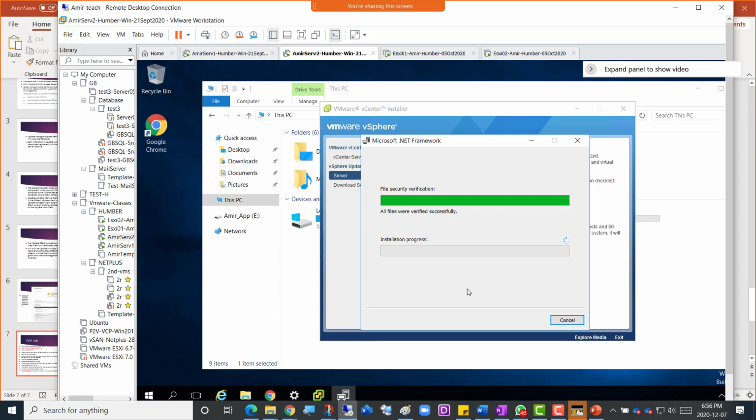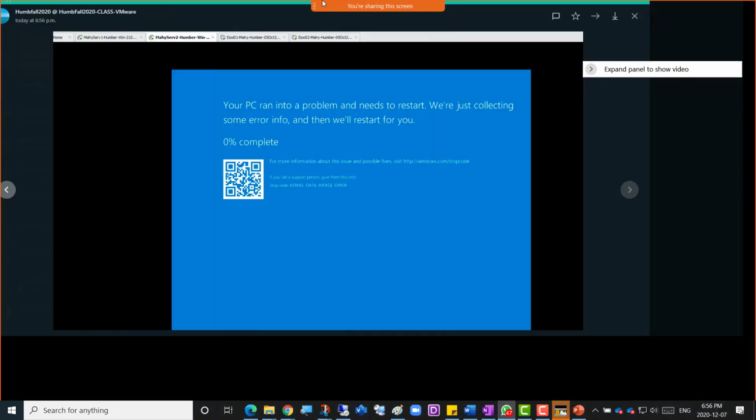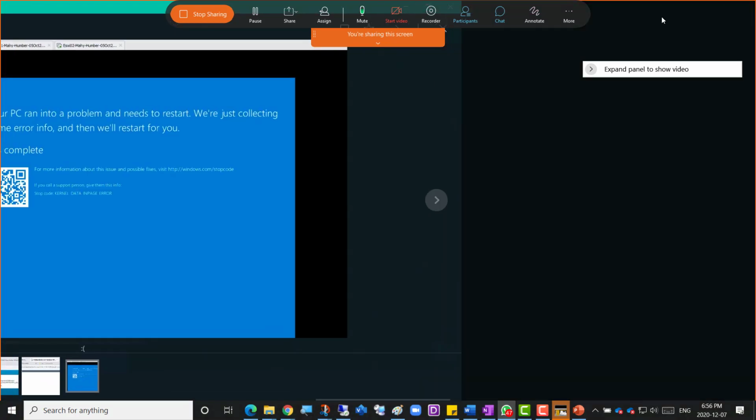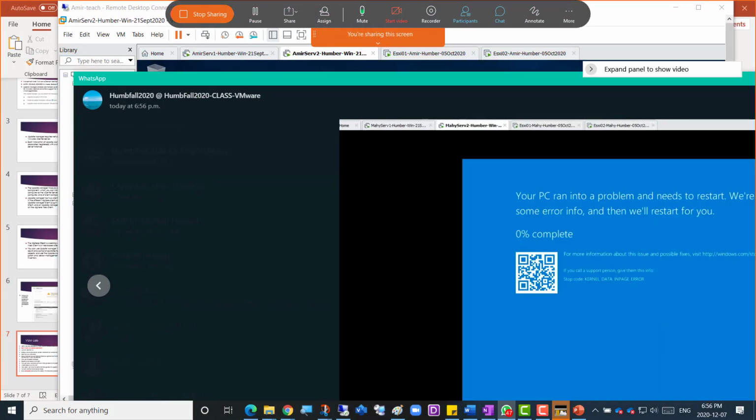It's very limited hardware we have, and the limited speed of the processor, and many applications in the background may be running. So ouch. Someone's machine shows the blue screen of death, and it says kernel data in page error.